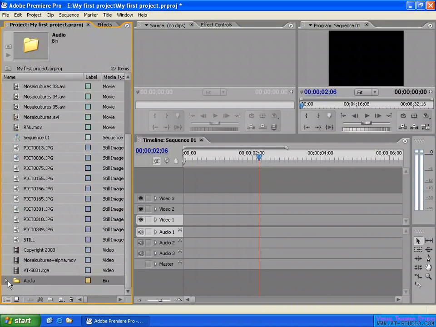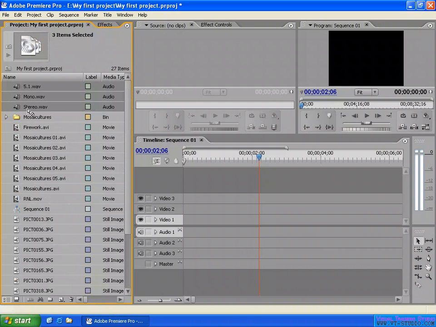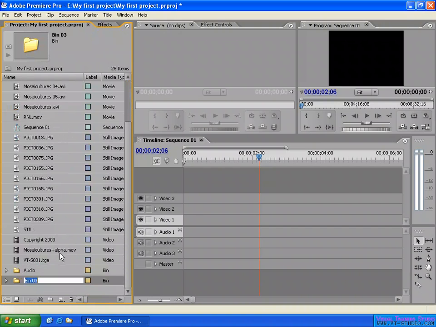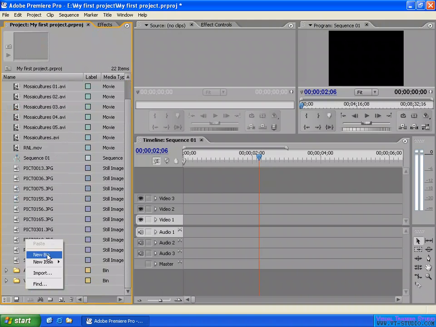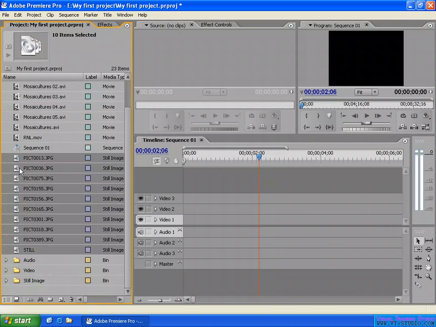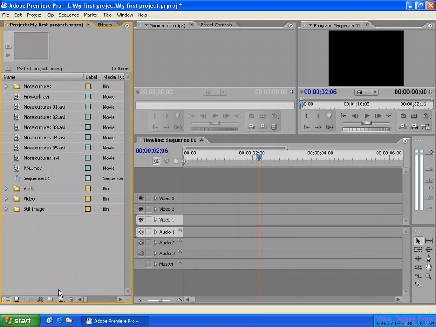Like the one in here, this empty bin, and make it as audio, and you can drag and drop to the audio bin in here, or you can create a new bin for video like this to store all the video files in the video bin here, and you can create a new bin for still images like this, and drag and drop, select all the still images, put them in the bin here, and you can create a new bin from here, for example movie,